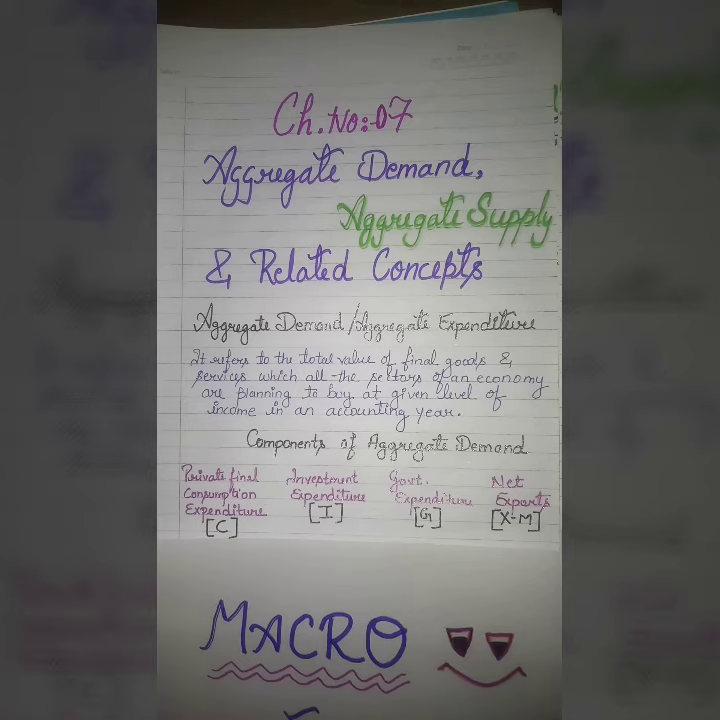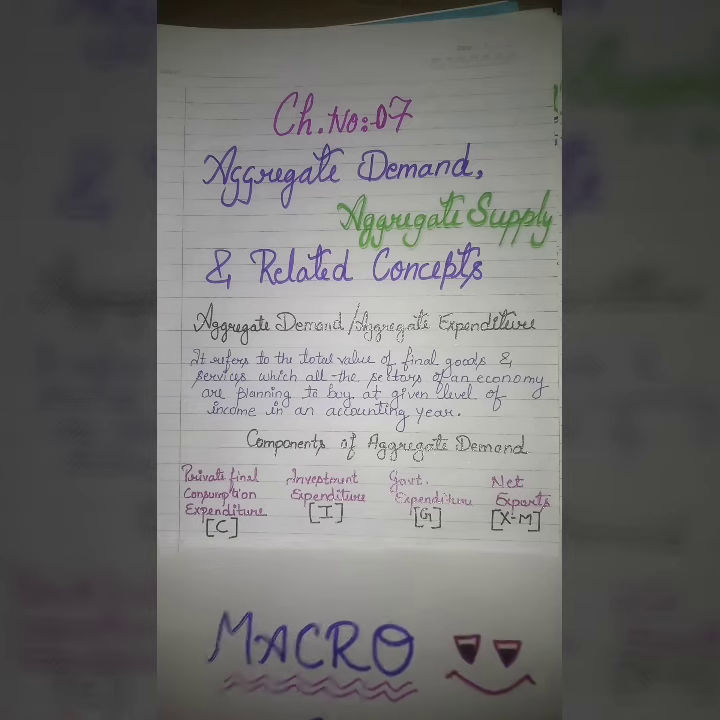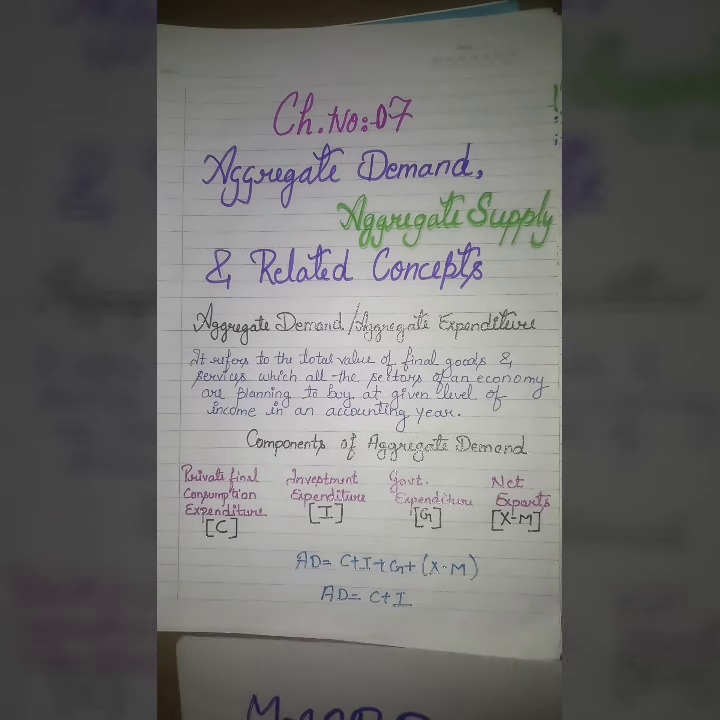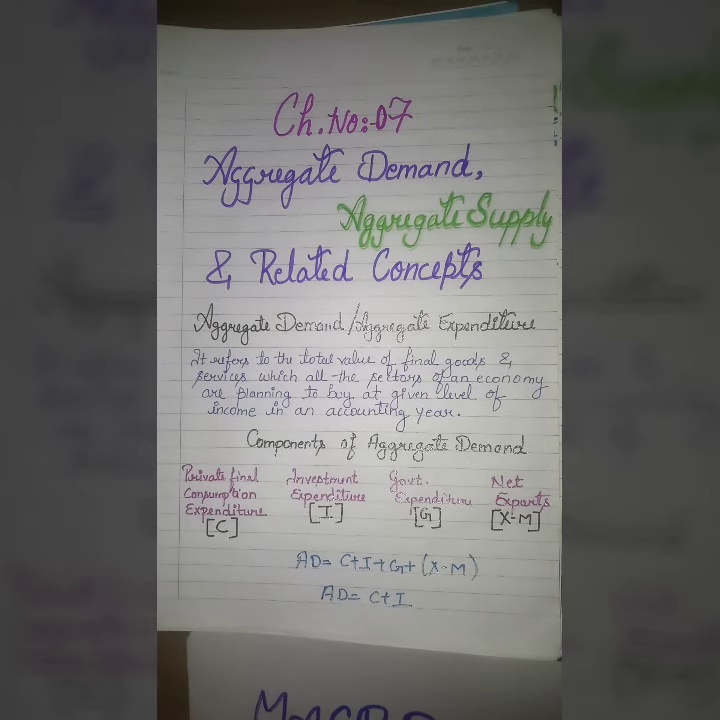Okay, so this is how we got the formula of aggregate demand, that is AD equals C plus I plus G plus X minus M. But in 12th class we will only study about C plus I up to our syllabus. Okay,